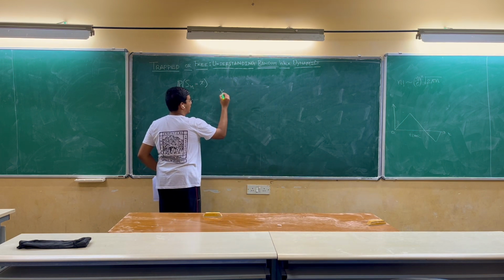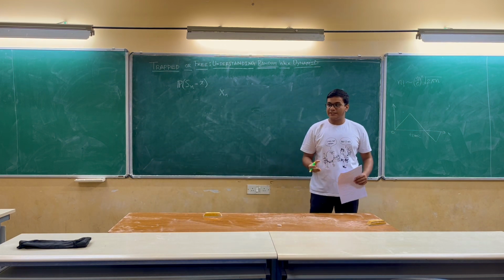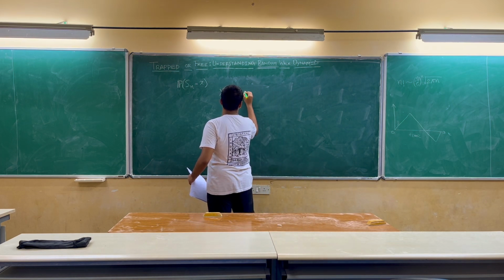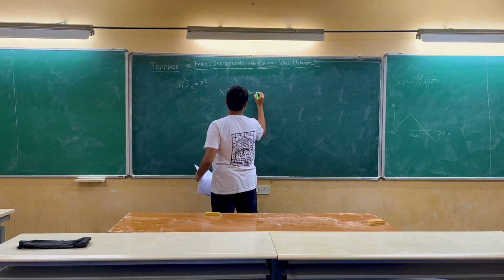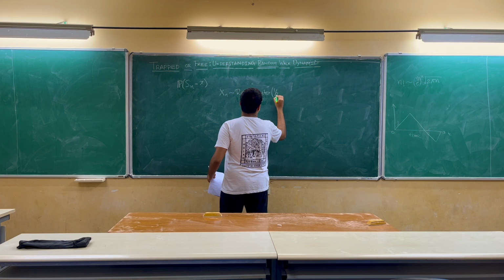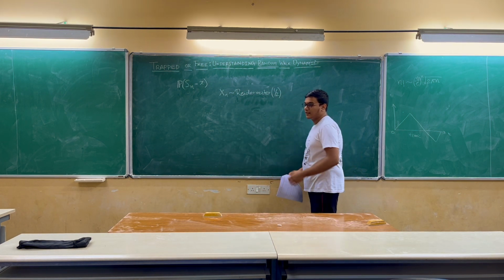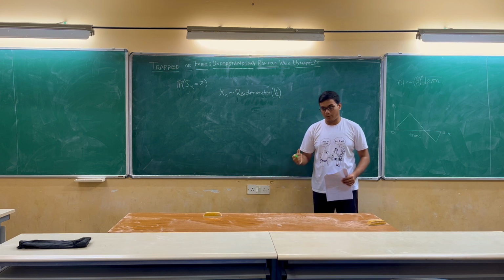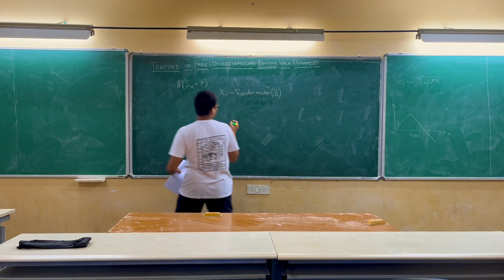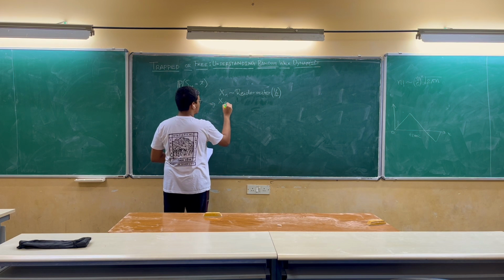Now the random variable X sub n, which denotes the step taken at the nth time, follows the Rademacher distribution with probability 1 by 2. What does it really mean? That it takes the value plus 1 with probability half, and it takes the value minus 1 with probability half as well. So if this happens, then we can write